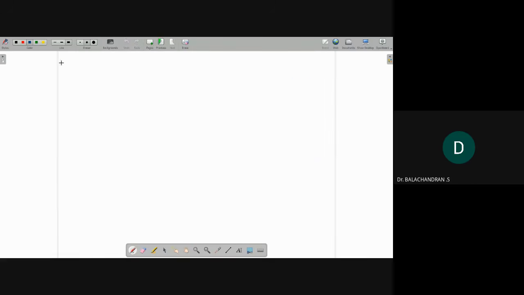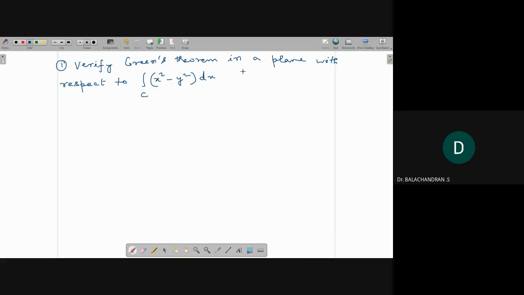So first of all, verify Green's theorem in a plane with respect to the integral over C of (x square minus y square) dx plus 2xy dy,